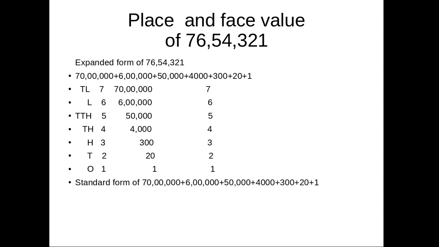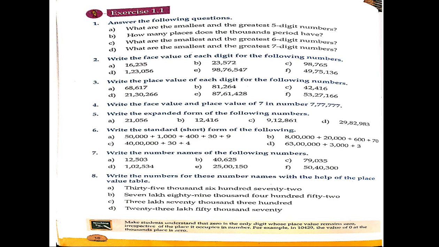So here we have learned both things. We learned how we can write a number in expanded form, how we can place its digits by place value and face value, and then how to combine them and write them in standard form. Now this is the first exercise, exercise 1.1, that you have to do at your home and try to write it as I have shown you. You can use your own idea also if you want to.